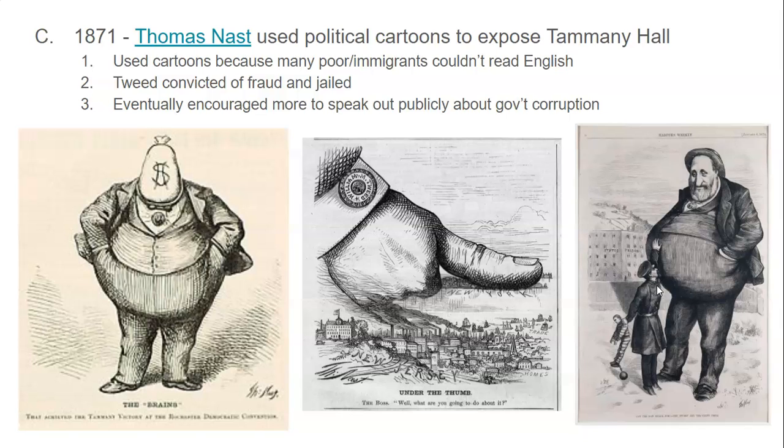So there was a muckraker named Thomas Nast. He was a cartoonist who used his cartoons to expose Tammany Hall, Boss Tweed, and what they were doing to be corrupt and to harm the citizens in New York. And he used cartoons specifically because there were many poor Americans and immigrants who couldn't read. Their literacy level was very low. And so writing books or long essays about political corruption wasn't really going to be very productive.